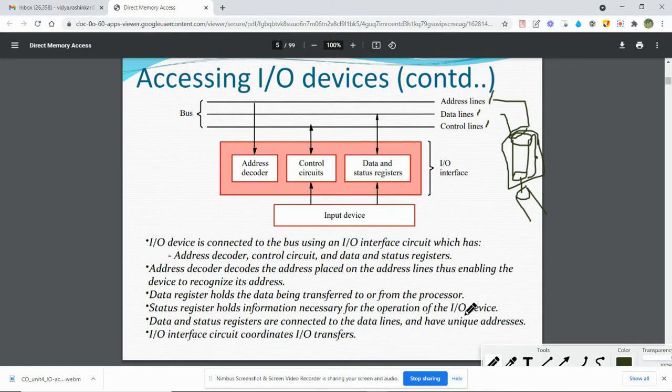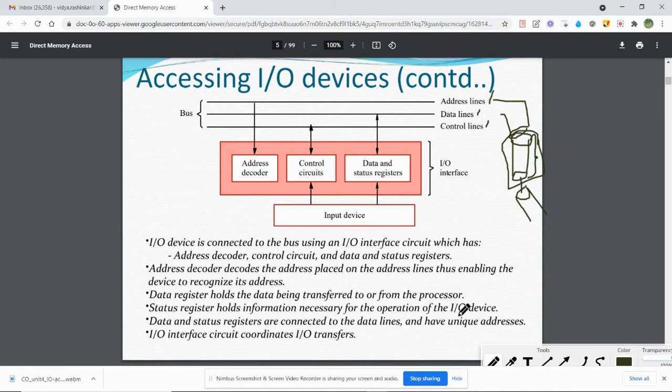It has the control signals, like to what extent it has done the transmission, or whether it is free or busy. Different control signals are to be exchanged before actual data transmission, and the status register helps us do that.